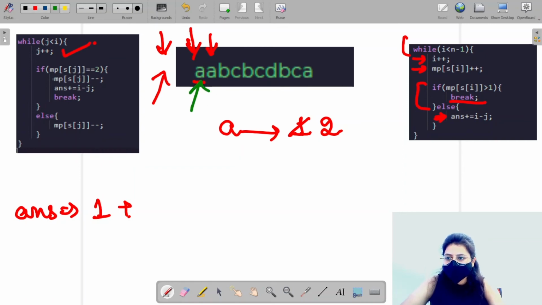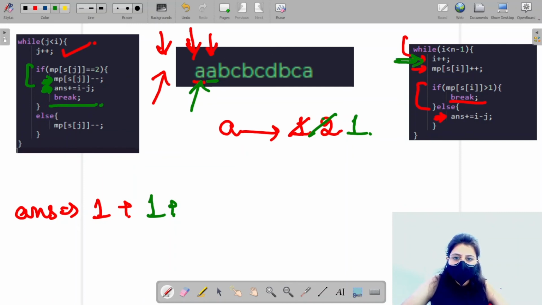J came here, just now we'll have map of s of j is equal to 2, yes it is. What we'll do, decrement this, so we'll have 1 now. Okay, now we'll update our answer, I minus j. I minus j is still 1 now. Okay, so we'll update our answer. Okay, next we'll break,